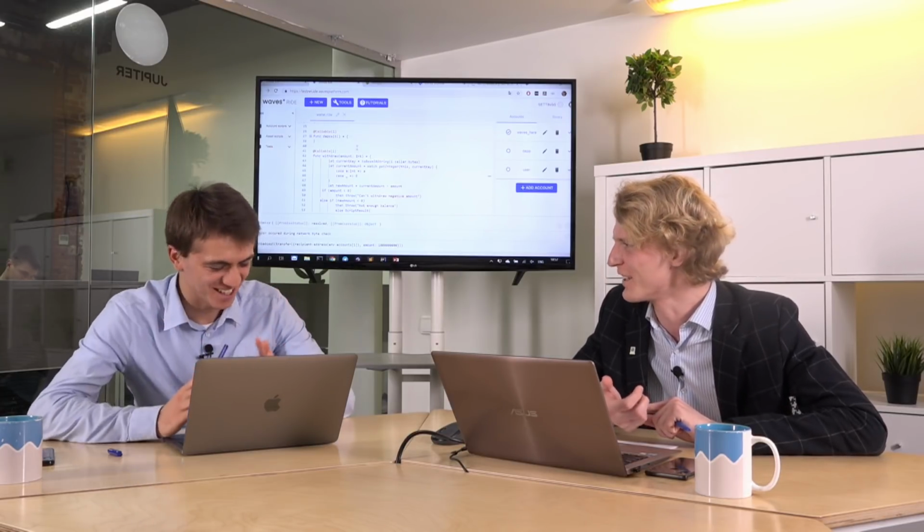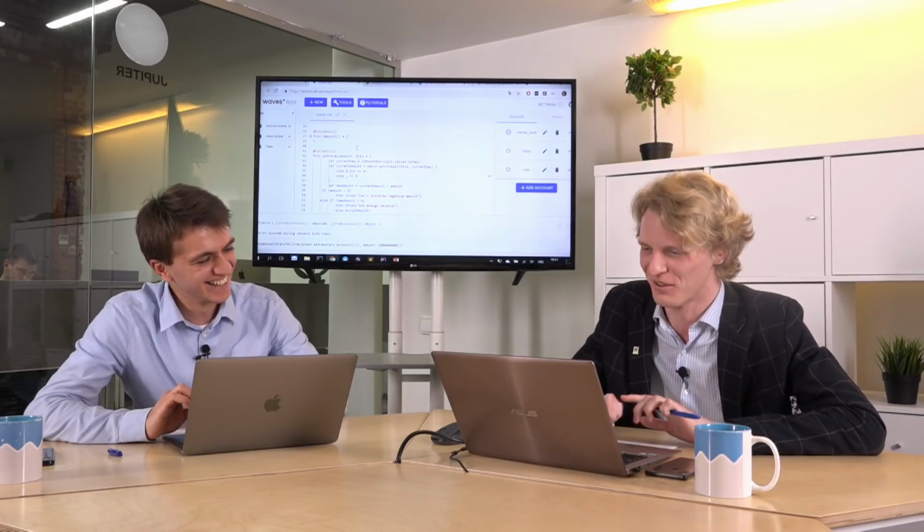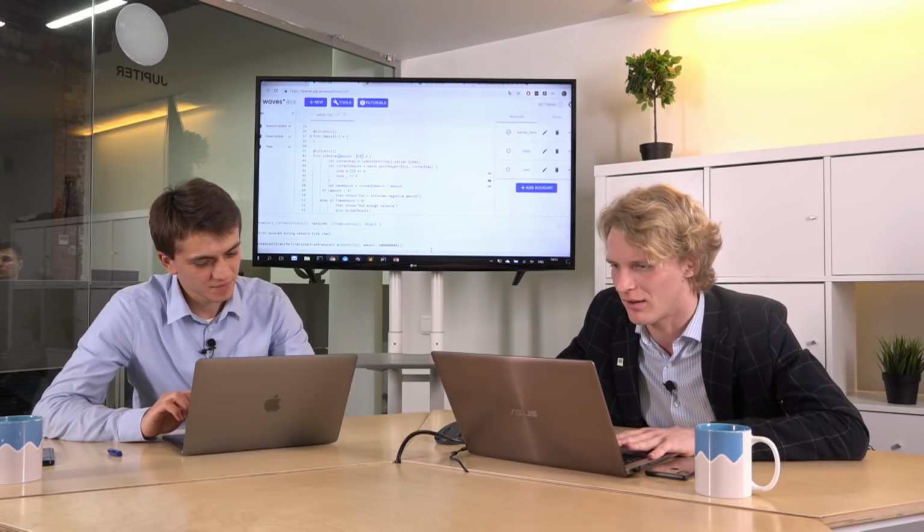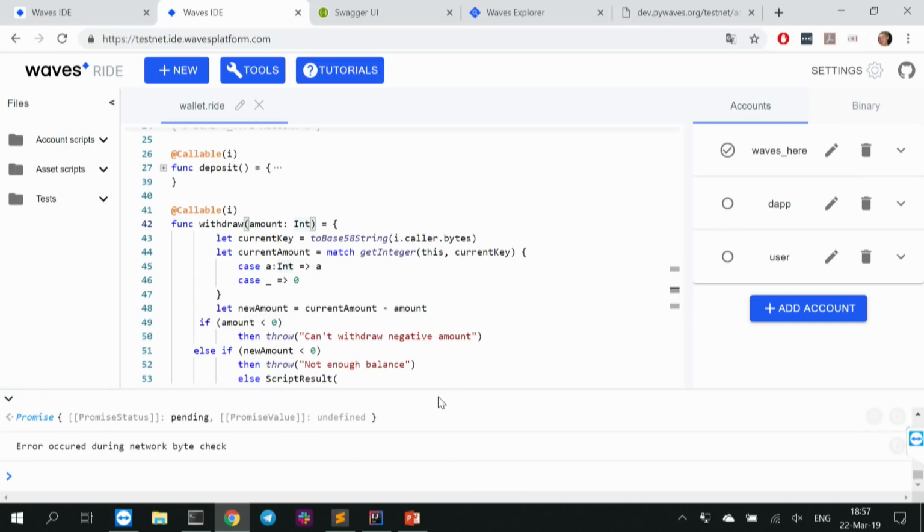So we need to specify the DApp address, the function that we're calling, either deposit or withdraw, and the arguments of the function that we are calling. But before we do this, let's set up our wallets with funds.